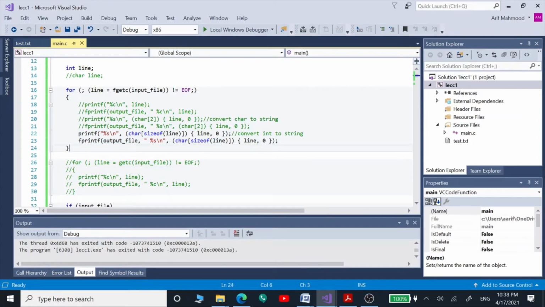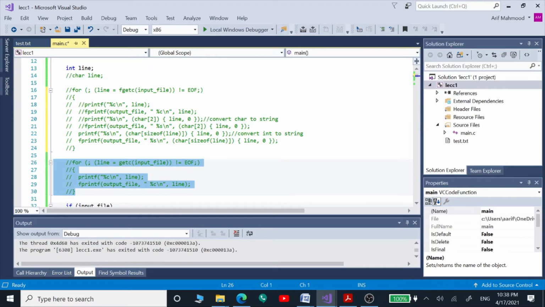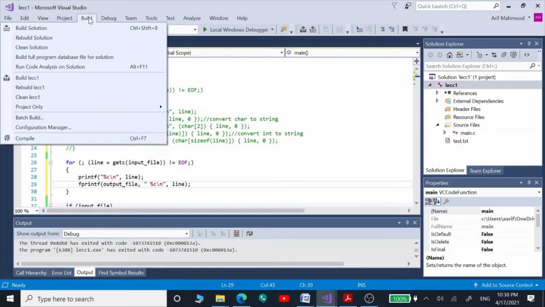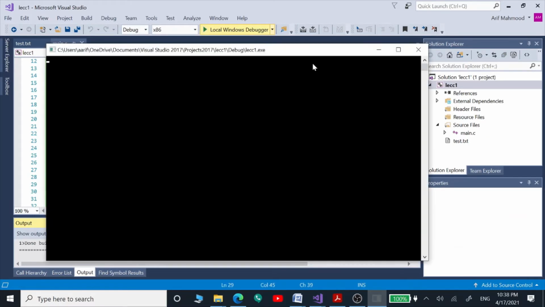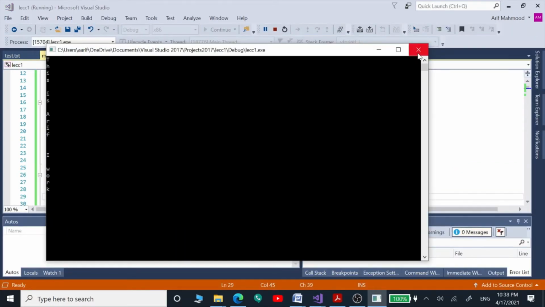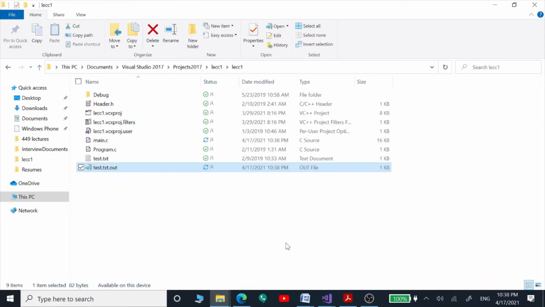So now I am going to show you that there is one more way that we can open our input file and read out its contents. First we used the fgetc function. Now we are going to use this getc function and run through this for loop to show the values of our input file onto the console window. So we see the same output. And now I can show you where we can see our input written into the file as well.